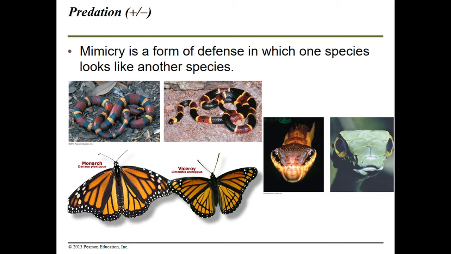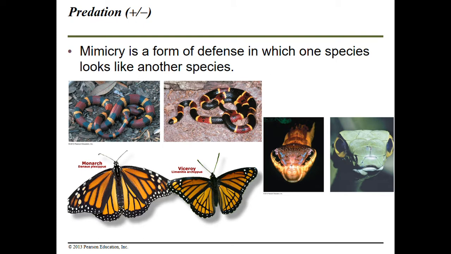Another one, we have a milk snake versus a coral snake. So the milk snake's on the left, coral snake's on the right. The coral snake is highly venomous. Looking at them, I would probably stay away from both of them, but there is a fun little sing-song that goes around with this. So if you ever encounter them in the wild, you'll know which one is venomous,